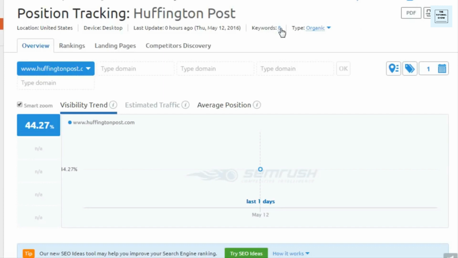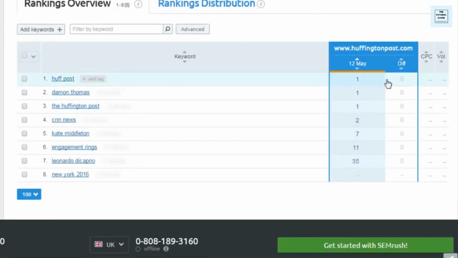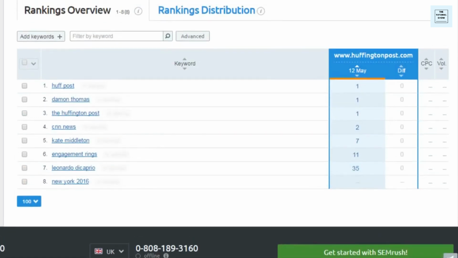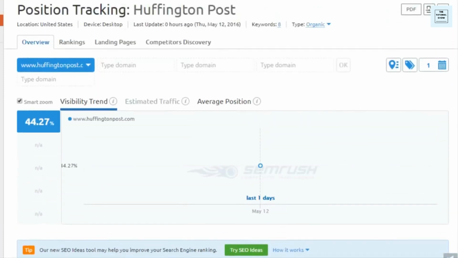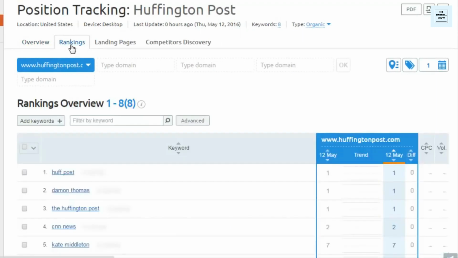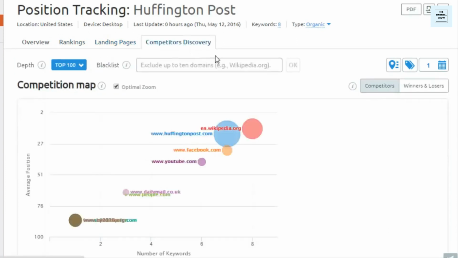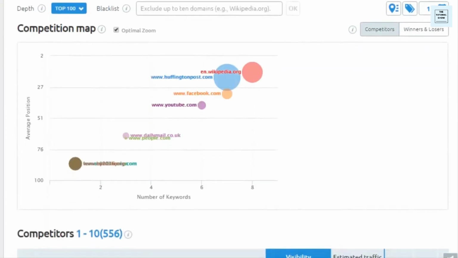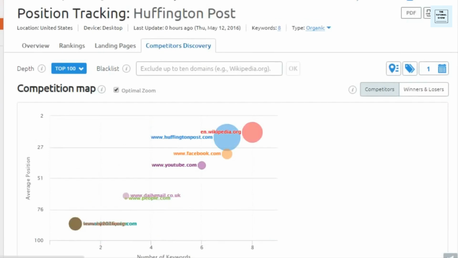So here it shows that I am looking at only 8 specific keywords, so you can insert several of those here. And then it's going to give you an overview of your ranking, and also look at where you are actually ranking for the specific keywords that you put in. Now, if you are working with local businesses, this will also show local pack rankings for those sites. So you can look across the tabs, see the rankings, look at the specific landing pages that are ranking for these particular keywords, and you can also look at some of the competition, and see if there's been any new competition that has come into the picture.